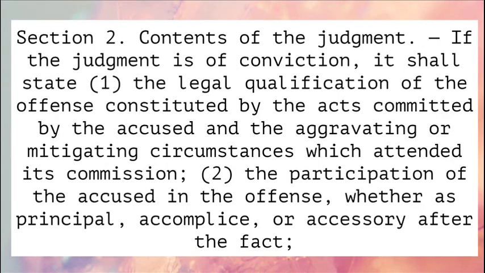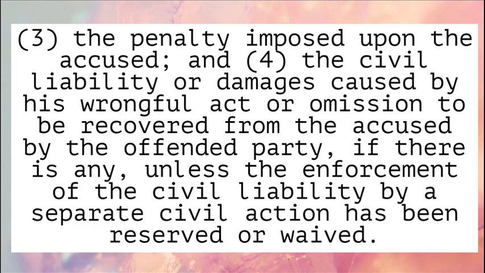Section 2. Contents of the judgment. If the judgment is of conviction, it shall state: 1. The legal qualification of the offense constituted by the acts committed by the accused and the aggravating or mitigating circumstances which attended its commission. 2. The participation of the accused in the offense, whether as principal, accomplice, or accessory after the fact. 3. The penalty imposed upon the accused, and 4. The civil liability or damages caused by his wrongful act or omission to be recovered from the accused by the offended party, if there is any, unless the enforcement of the civil liability by a separate civil action has been